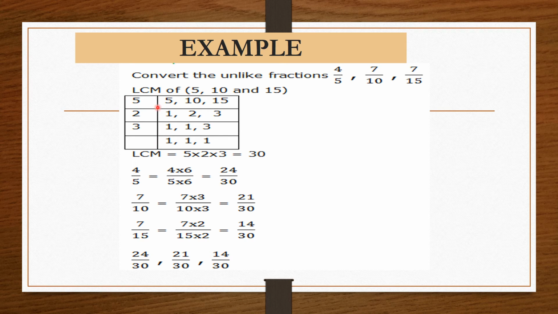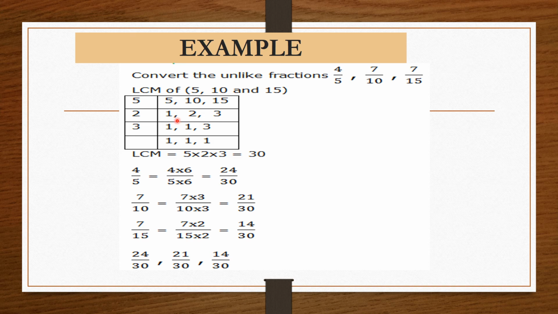See, you can do the LCM upside down. One by one you keep dividing. So 5, 10 and 15, you see the common factor of all these three is 5. 5 can divide 5, 5 can divide 10, 5 can divide 15 also. So 5 ones are 5, 5 twos are 10, 5 threes are 15. So we are first taking out the step 1, that is we are taking out the LCM.